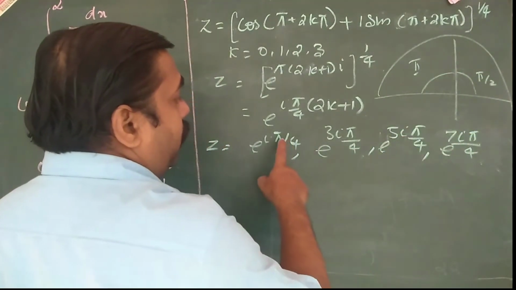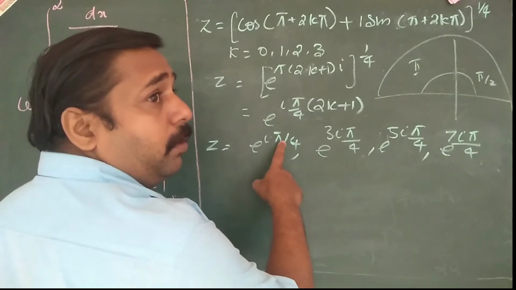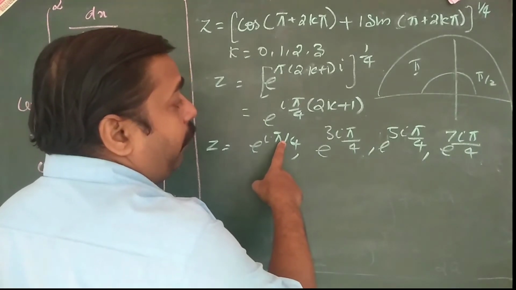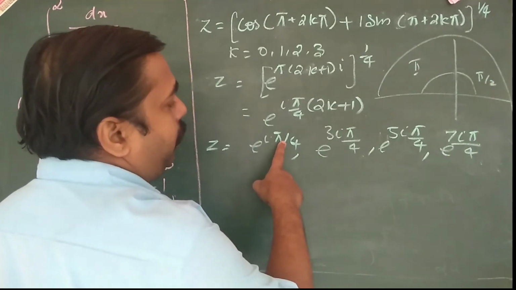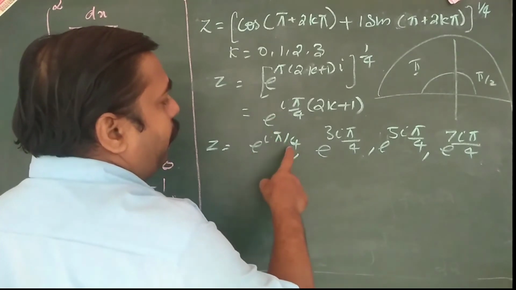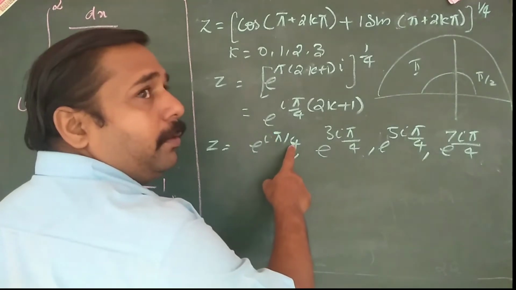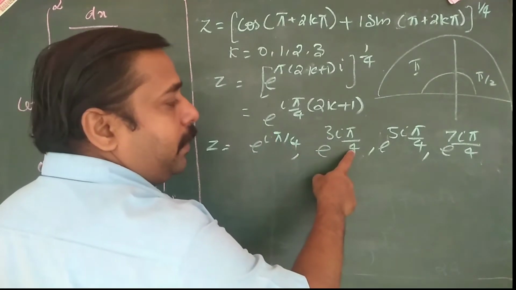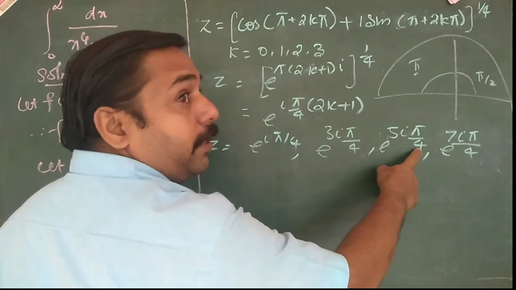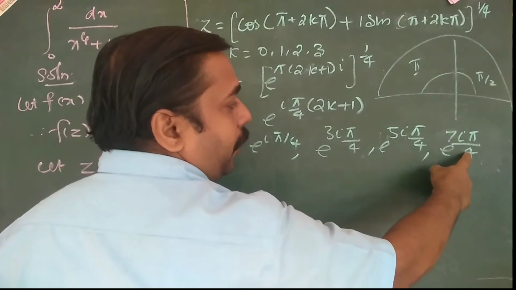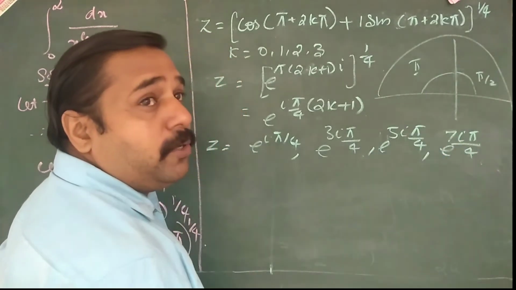So this is pi by 4, and that is a value less than 1. What is less than 1? It means the division value is less than or equal to 1. That is the meaning. This is 1 by 4, this is 3 by 4, both less than 1. This is 5 by 4, greater than 1. This is 7 by 4, greater than 1. So the greater than 1 case lies outside.